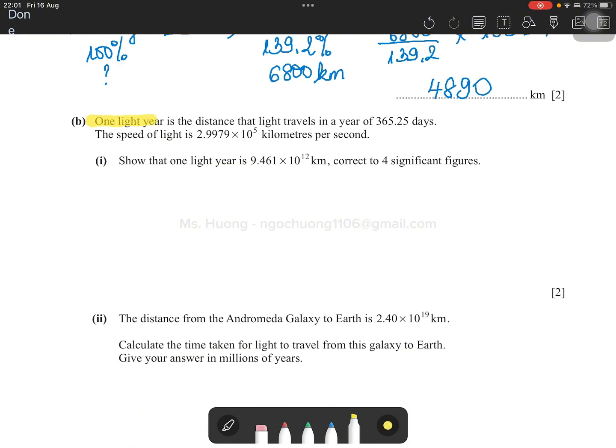B. 1 light year is the distance that light travels in 1 year of 365.25 days. The speed of light is 2.9979 times 10 to the power 5 kilometers per second. Show that 1 light year is 9.461 times 10 to the power 12 kilometers, correct to 4 significant figures. So, first of all, we see that the speed is in kilometers per second. And the time here is days. So we need to convert